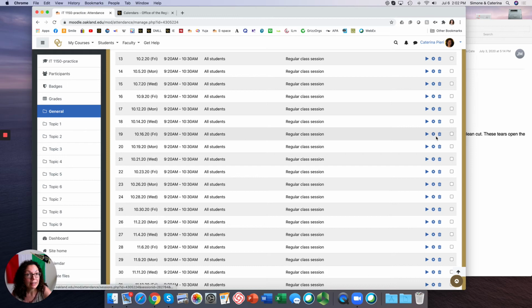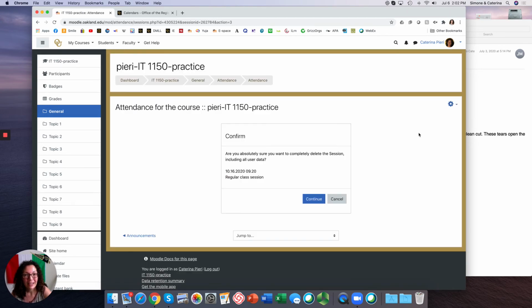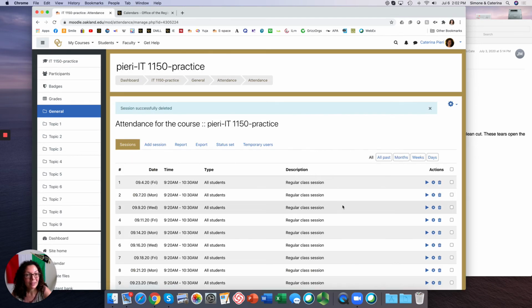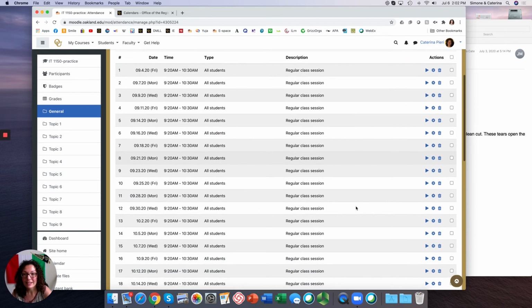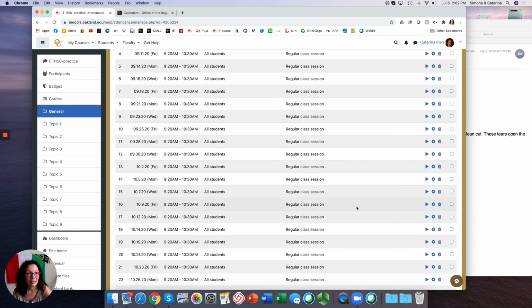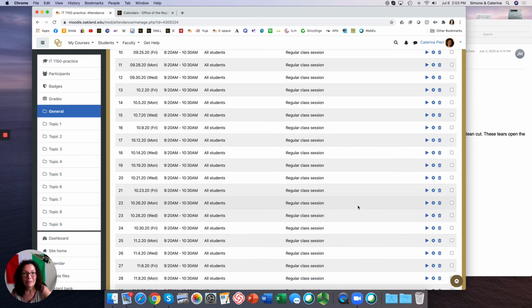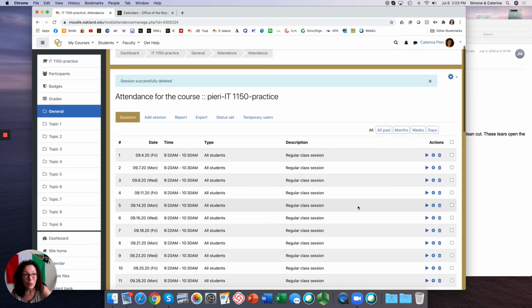And if you want to delete any specific session, you click on this, you see rubbish bin here, and you want to confirm that you are going to delete this session, and that's it. So you see that class is gone. And you can do it for any other class that you don't plan to teach because of the calendar, etc. Okay? Alright, so once you have created all of these sessions,